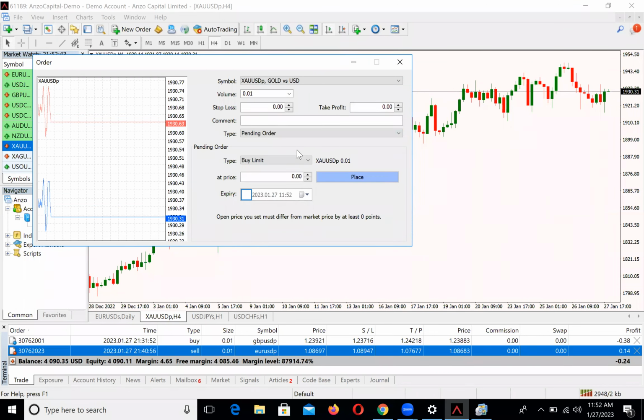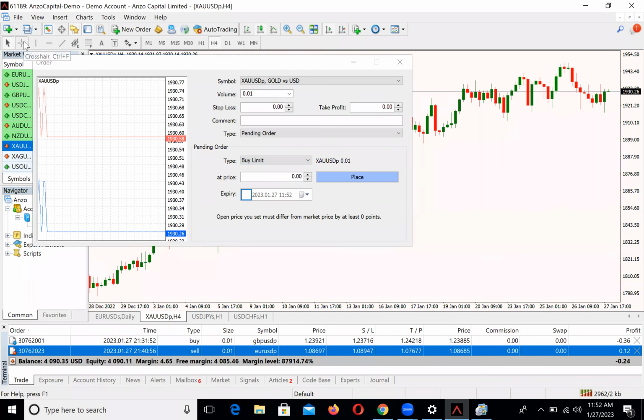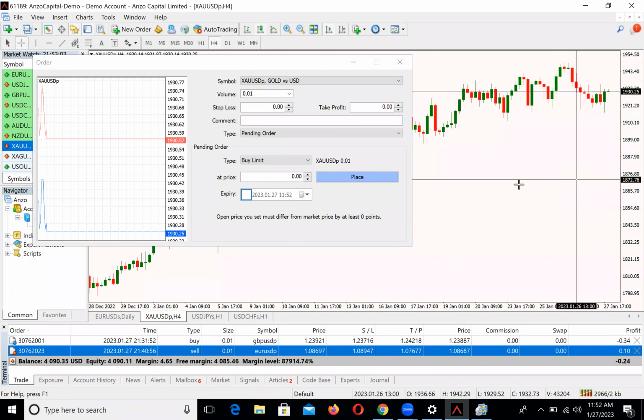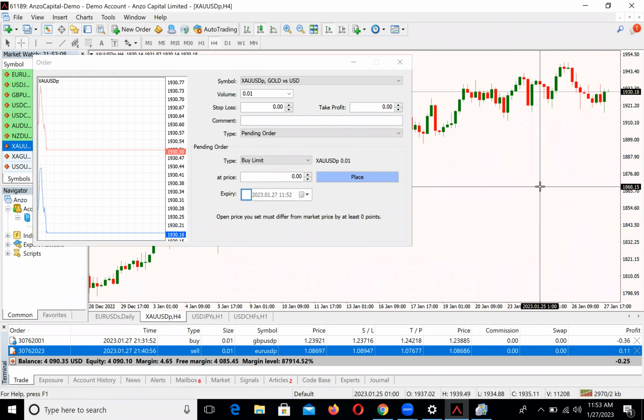Okay. You see buy limit here, you see sell limit, you see buy stop, you see sell stop. So buy limit, what does buy limit mean? Buy limit indicates that, for instance, now price is coming down like this, and you set a limit down here. So once price gets to this point,